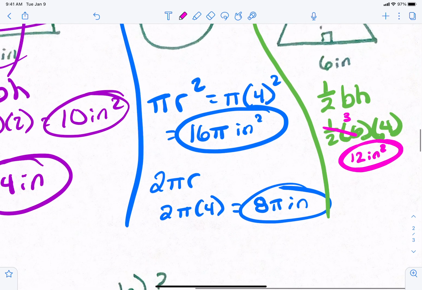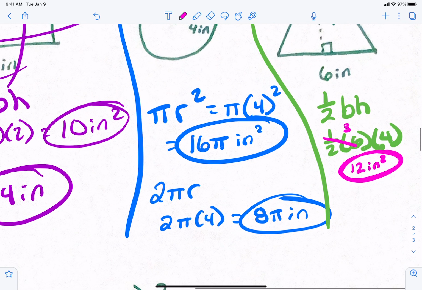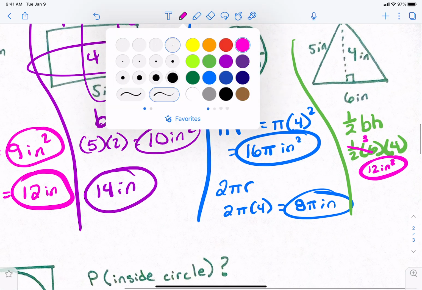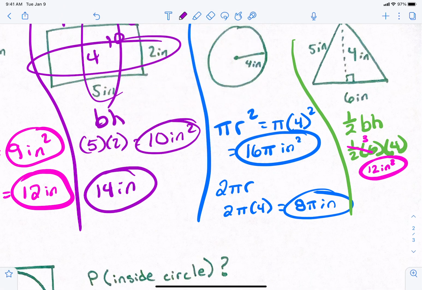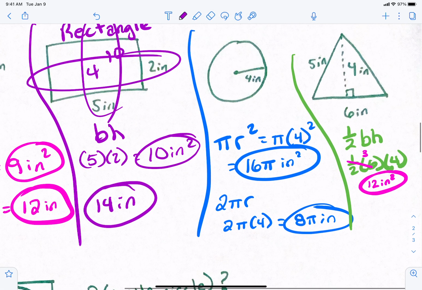Okay? All right, then to find the perimeter, add up all the sides. What is this side over here? 5. Because we're going to assume that it's an isosceles triangle. They will have it drawn better. So the perimeter is going to be 5 plus 5 plus